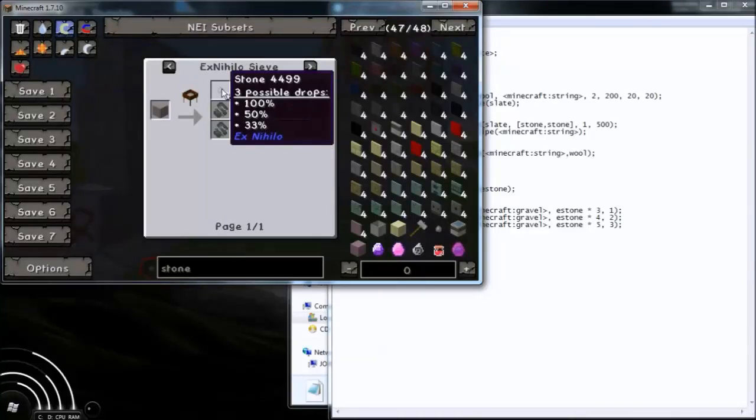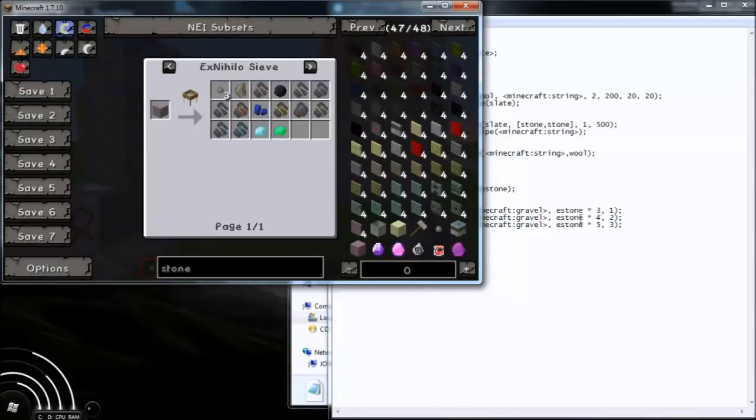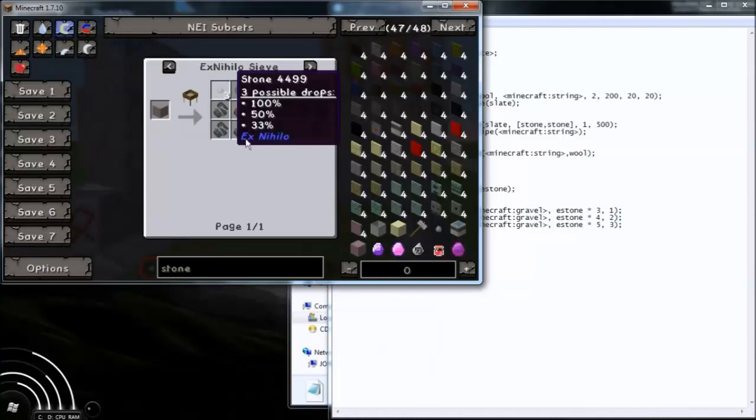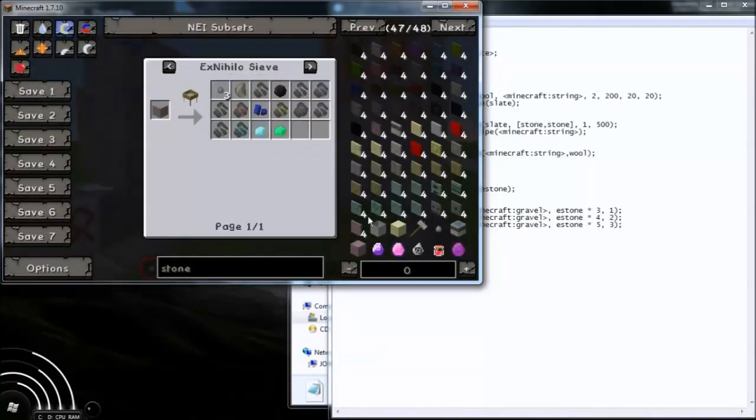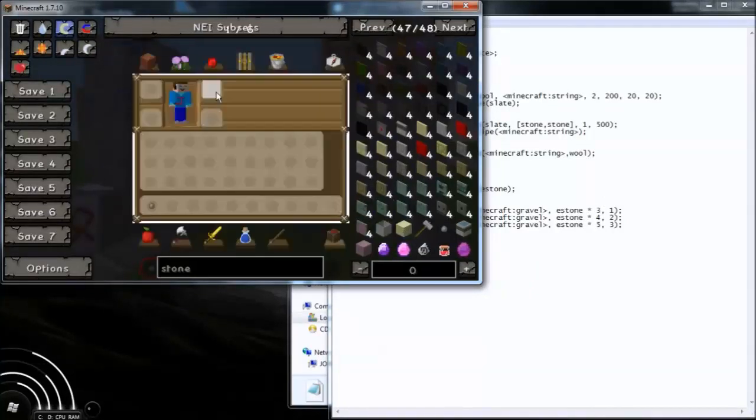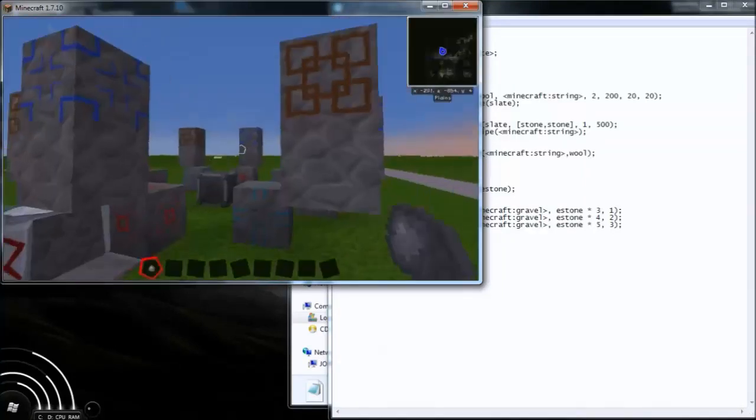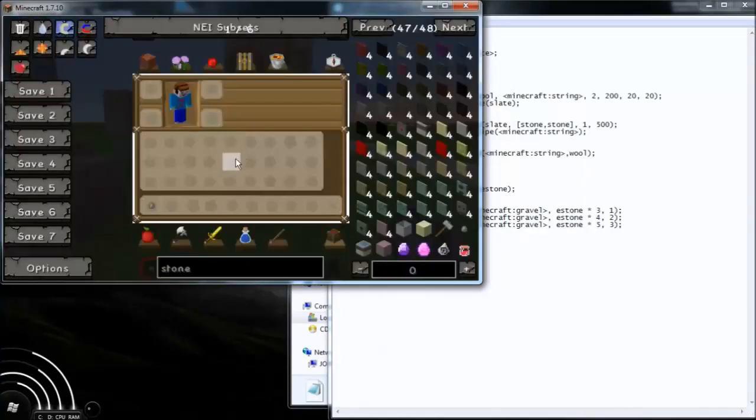It just doesn't say what the drop chance is. I don't know why, but it's just stupid. There we go. So that's that one. So let's move on to the next thing, which is we're gonna make it so that you can